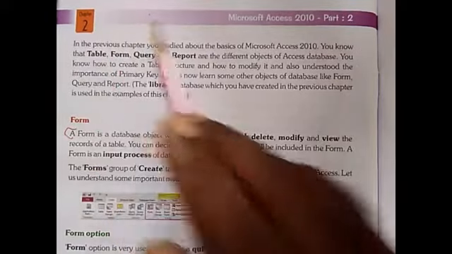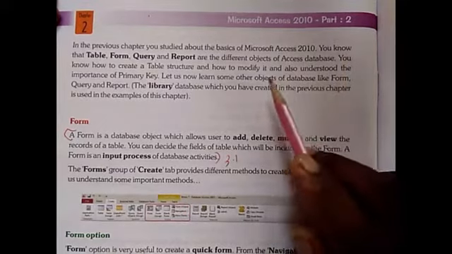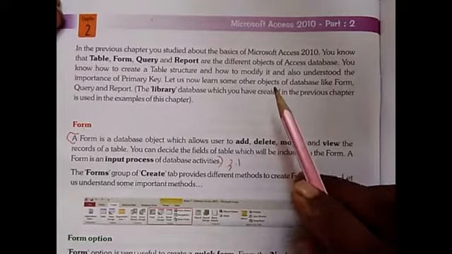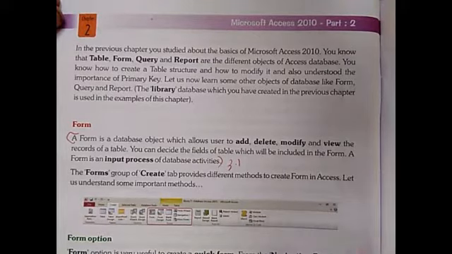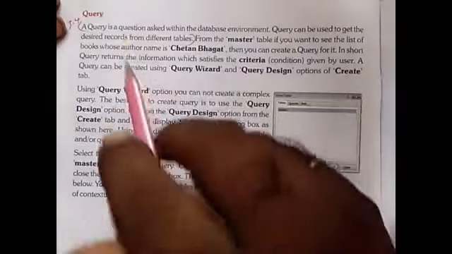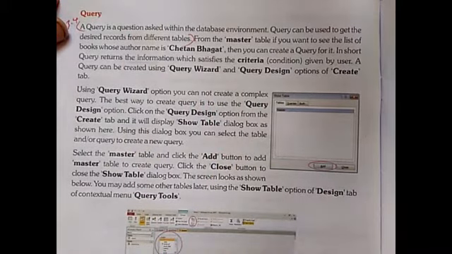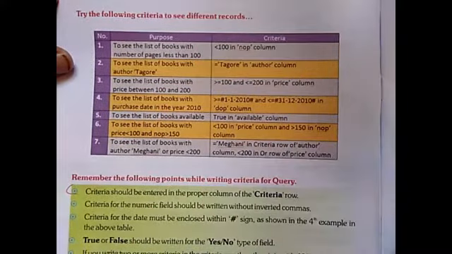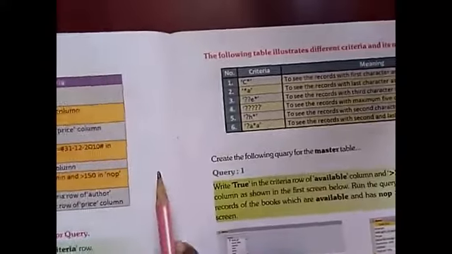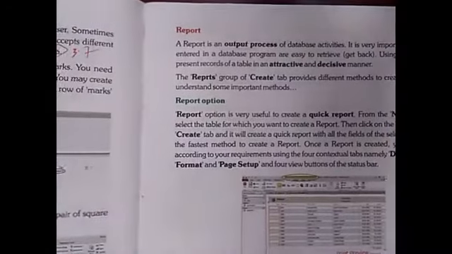Today let us see chapter 2, Microsoft Access 2010 part 2. In this lesson, basically it is the working of this, or rather creating of form and creating of form wizard and so on. Just to go through, and query means making questions. Just to go through the text and you'll understand, and to apply the criteria or given, just to go through it. Now let us see the question answers.